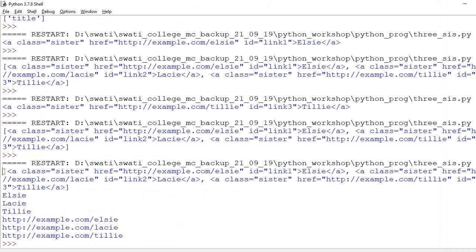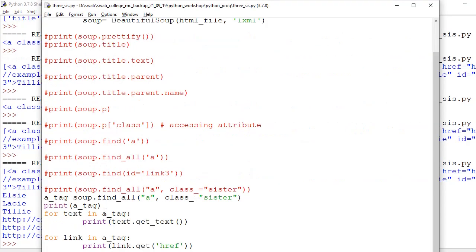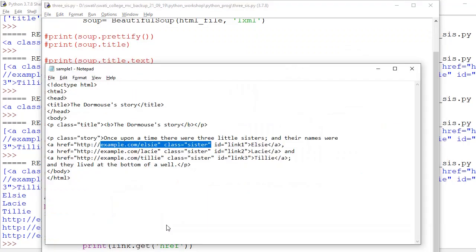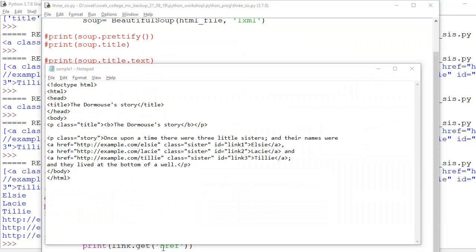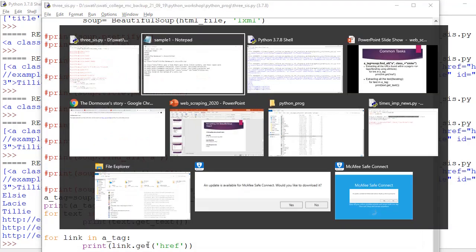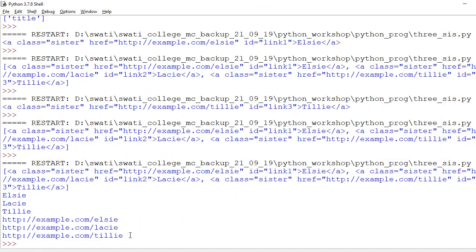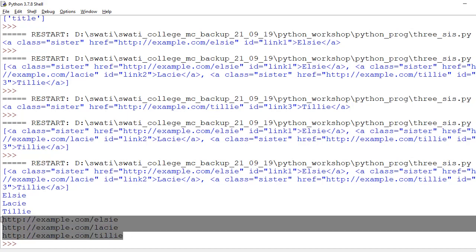Then we are doing get text, so whatever text is there between the opening and closing anchor tags would be displayed: Elsie, Lacie and Tillie. Next, for link in a underscore tag, we are printing link dot get href. It's printing all the URLs.